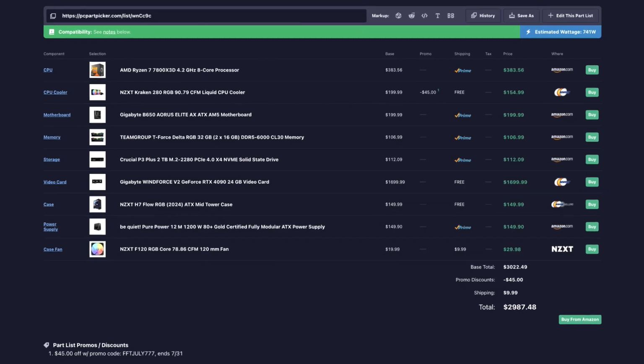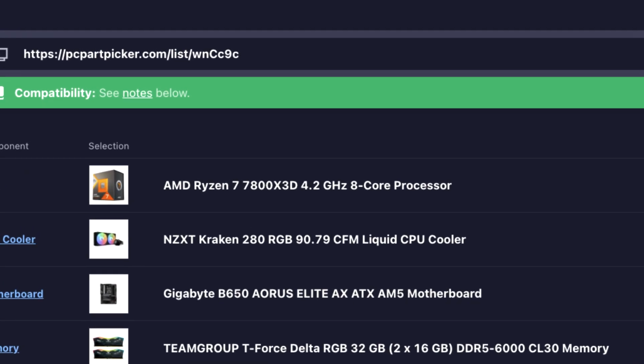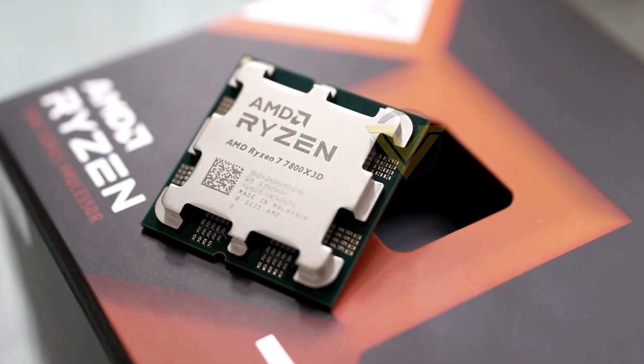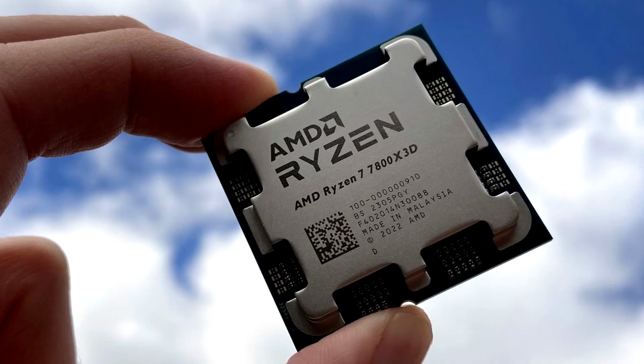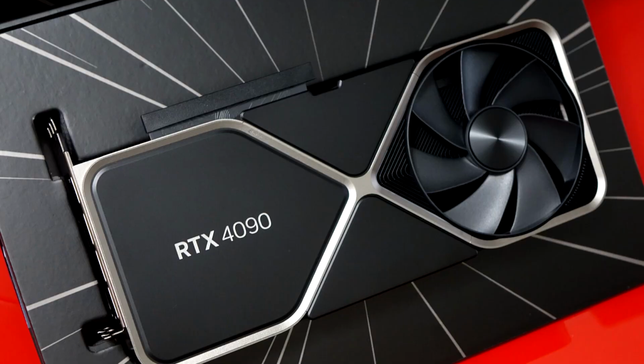So first, I will start by speaking about the CPU, which is the brain of the computer. And here I went with the Ryzen 7 7800X3D, which is right now the fastest CPU in the entire market, and it's going to be ideal if you want to play high CPU demanding games, for example Fortnite, or if you want to play high-end simulators like Cities Skylines. Those cases, with this CPU you will be pulling very high FPS,